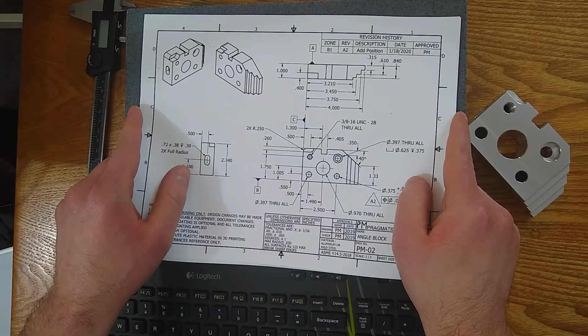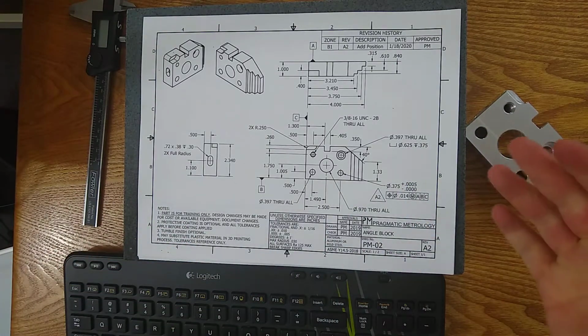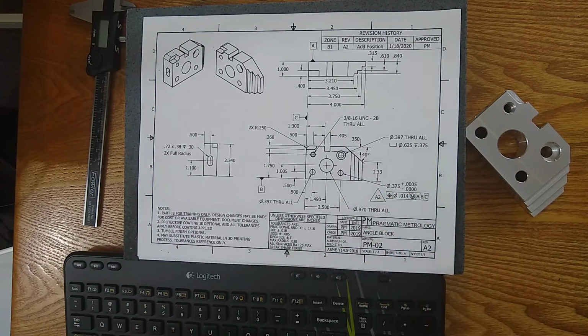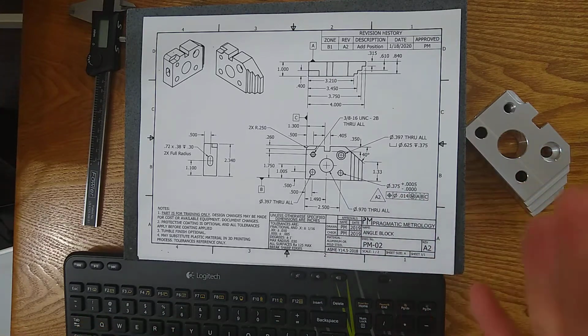So there'll be clarifications or there'll be explanations that you just can't put in numbers. And they'll also emphasize really important areas. Sometimes they'll even